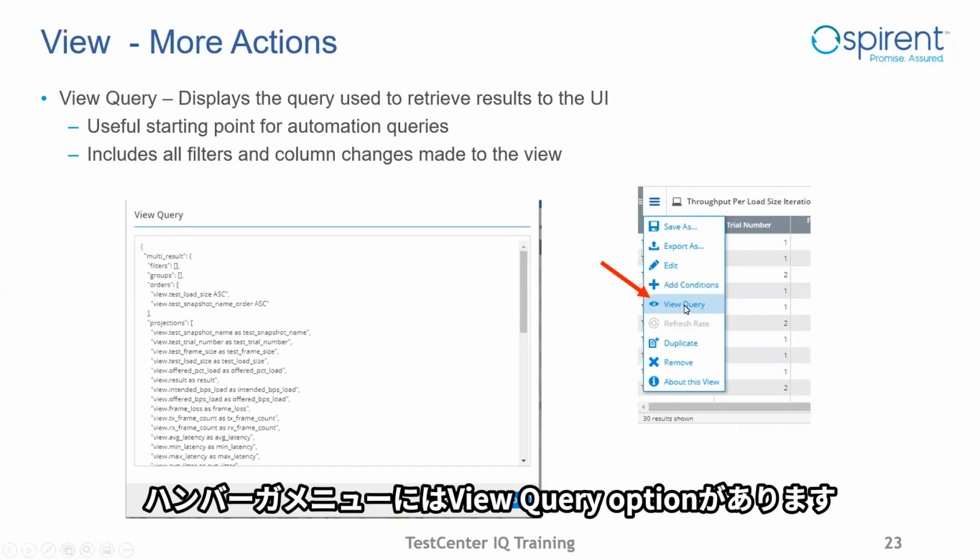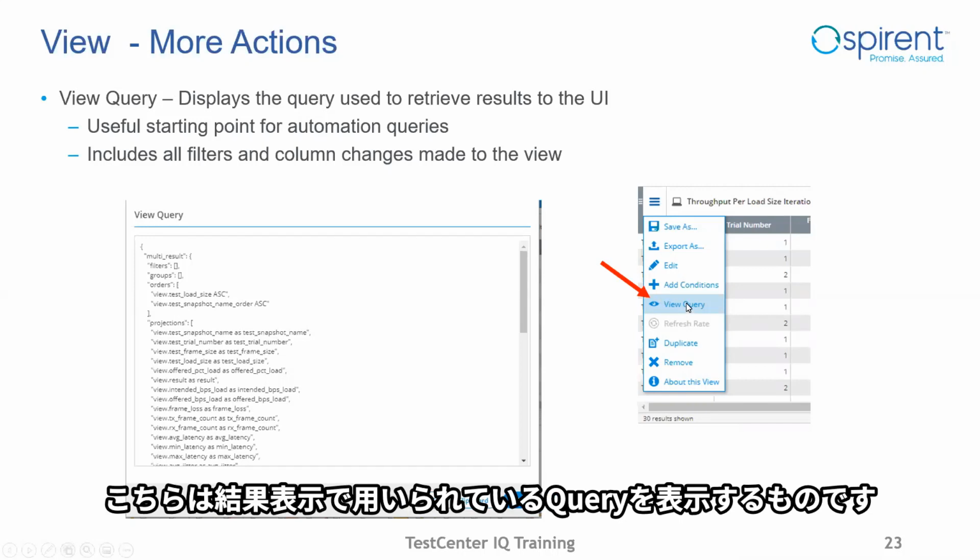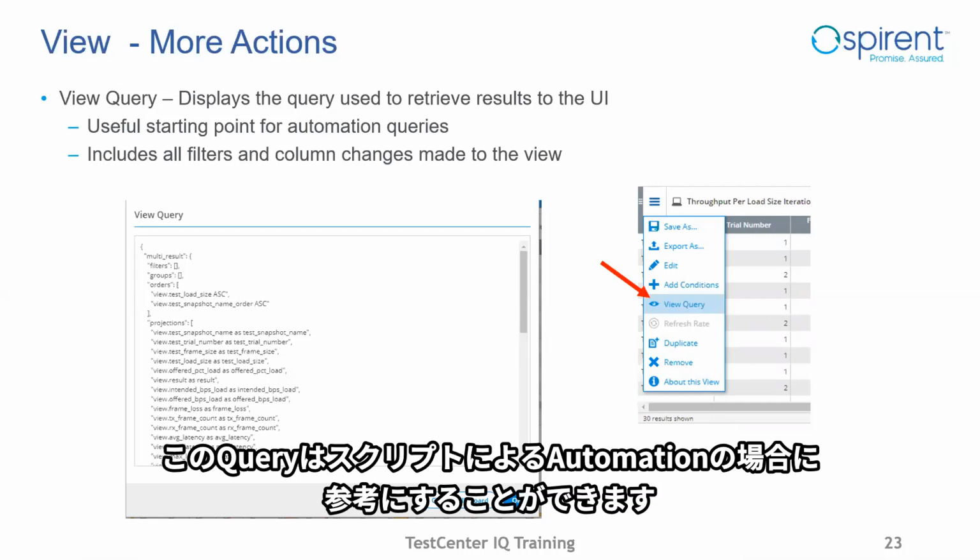The View Query option in the hamburger menu displays the actual query that is being used by the UI to retrieve results. This is a useful starting point for automation queries. The user can actually make changes to the table, removing columns, moving columns, adding columns, and then that query shows in the View Query dialog and can be used in the